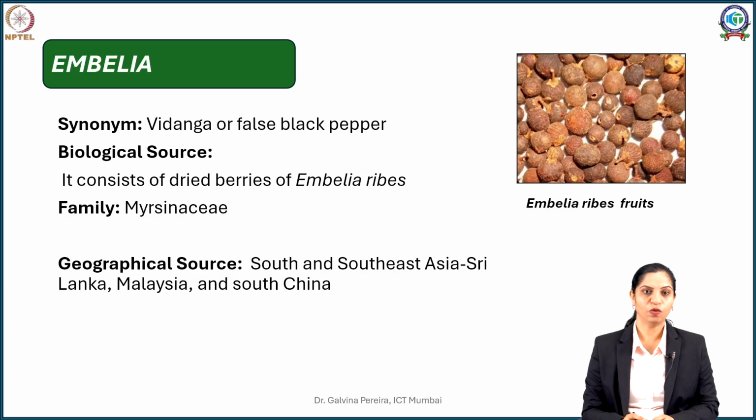Now this vaividang is actually a fruit, or more correctly referred to as the dried berries of the trees of Embelia ribes. Now Embelia ribes is a deciduous tree which grows from Maharashtra down to South India. Not only that, down to Sri Lanka, Malaysia, or even in parts of South China it occurs. Now this plant is also cultivated for vaividang, but the majority of its produce is still taken from wild sources. Once the plant is cultivated, within 2 to 3 years it starts fruiting.